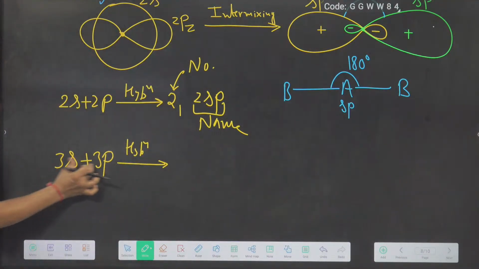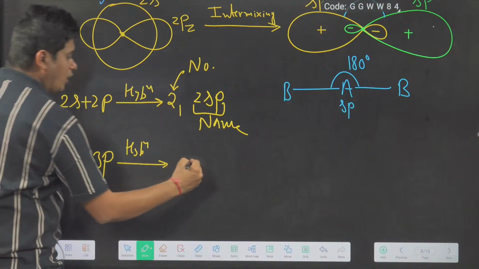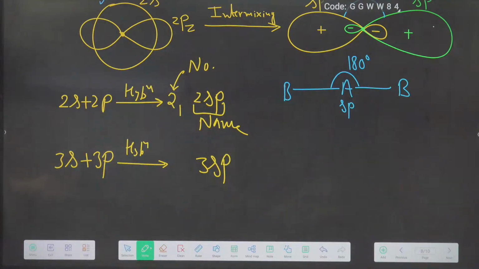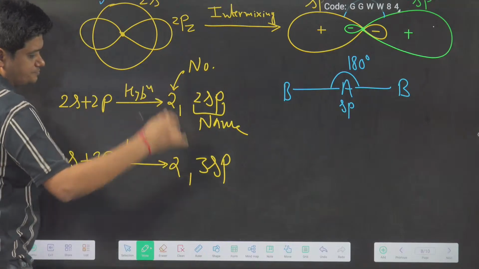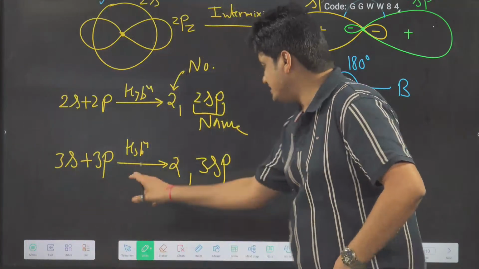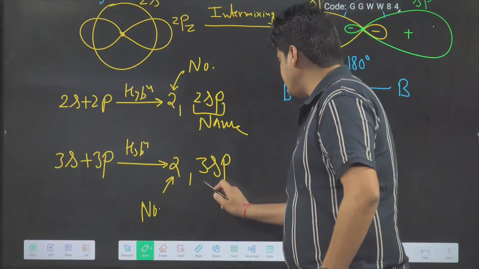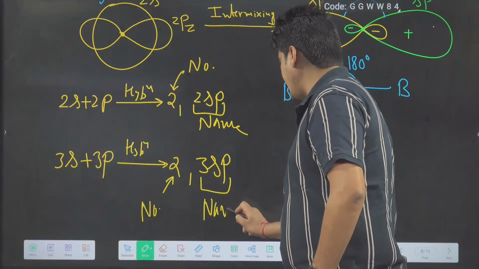So 3s and 3p are used. So the name of the hybrid orbital will be 3sp. And the number: 2 atomic orbitals, so 2 hybrid orbitals, the number is going to be 2. So in the second case, this 2 is representing the number of hybrid orbitals, and this 3sp is representing the name of the